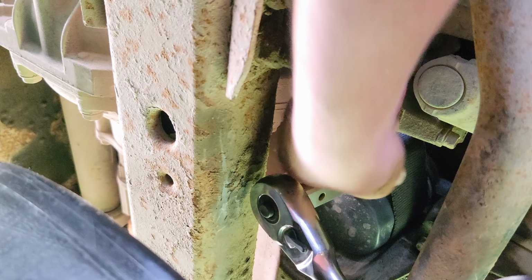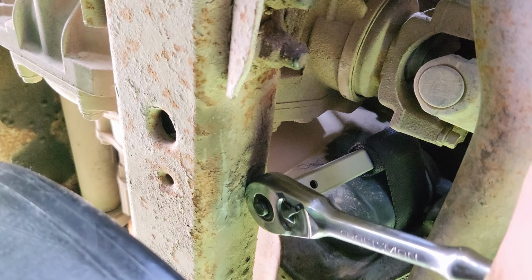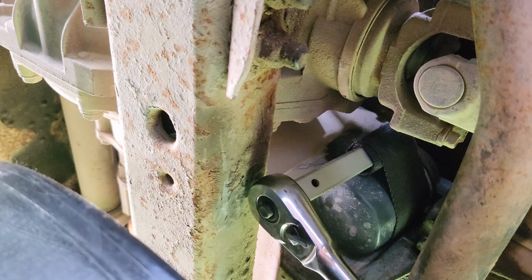Let's get it up high. You want it up high, that way it won't crush. Ah, my arm is stuck. Okay, it's gone. Are you serious? I would like to talk to the person that put this filter on, because...